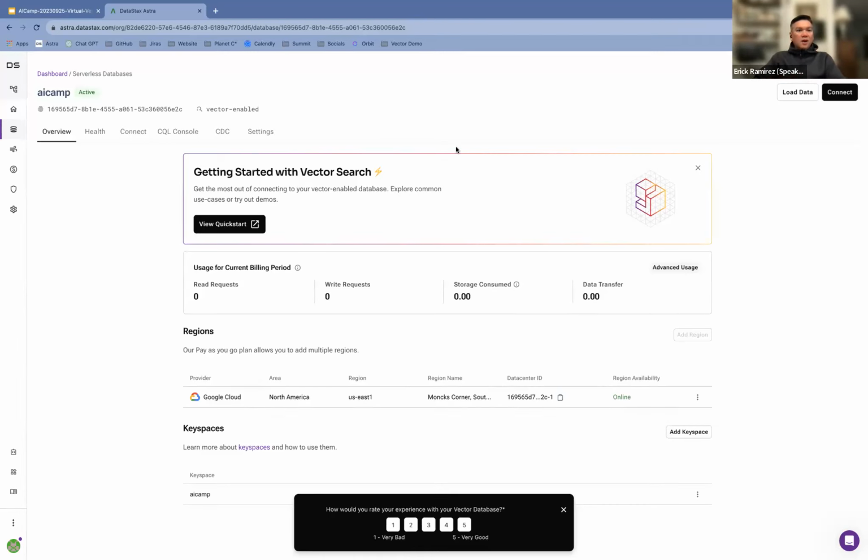Perfect. All right. So now I've created my database and my database is up and running. Because I was answering questions, I wasn't able to show this in real time, but it took about 90 seconds to create a vector database cluster. AstraDB is a cloud native, fully managed Cassandra as a service. And so it's running on Kubernetes.